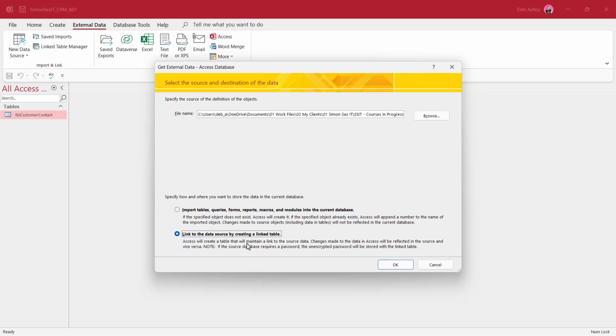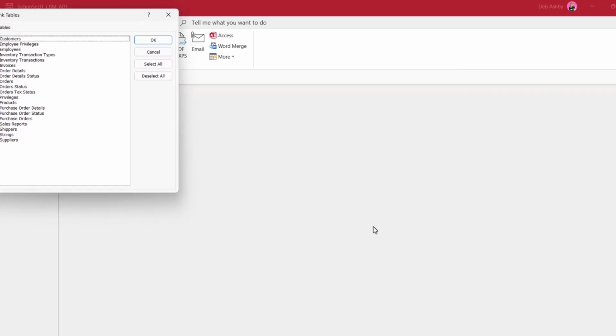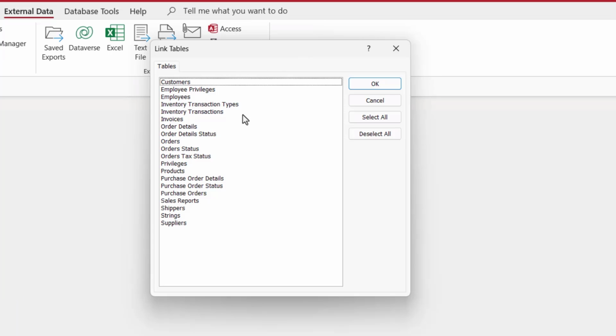So I don't want to have to re-import a copy of the table every single time somebody makes a change. I want it to update automatically. And if we choose to link, that's exactly what's going to happen. So this is the option that we want. Let's click on OK. And now we can choose which table in the Northwind Traders database we want to link